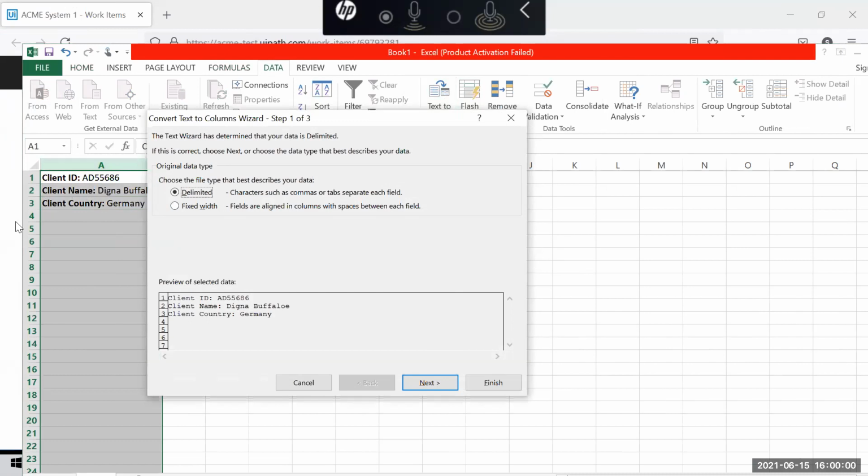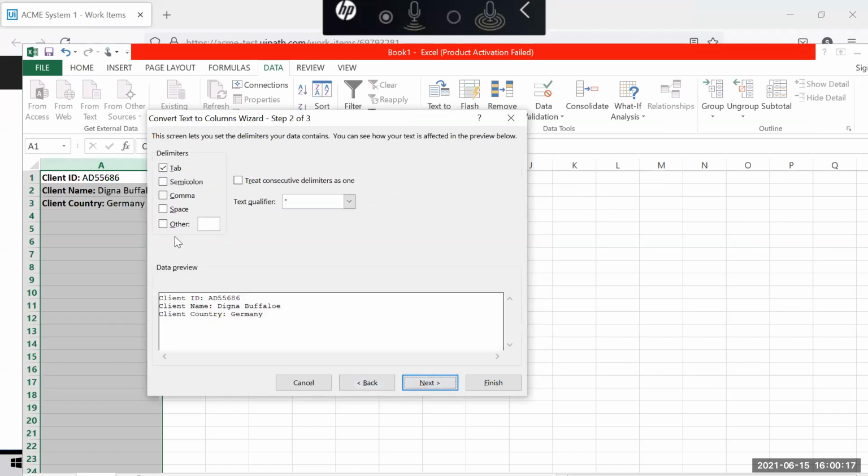So here, what is the delimiter? The delimiter is a colon. The term client ID and the actual client ID number are separated by a colon. So I can put a single delimiter here, next, and put the colon symbol. Now you can see how it will look.